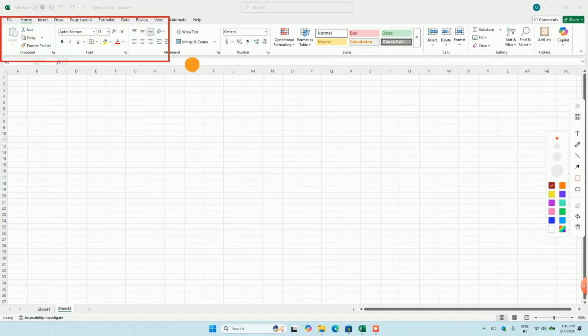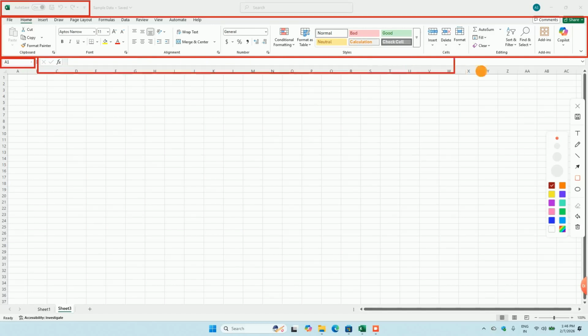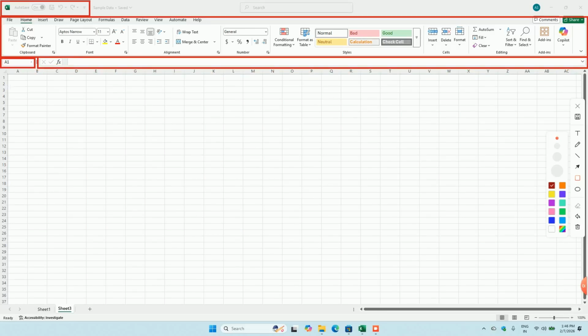This is an area of Excel which we call the ribbon area, and then this is the Quick Access toolbar. This is what we call the name box. This is the formula bar. This is a column header.